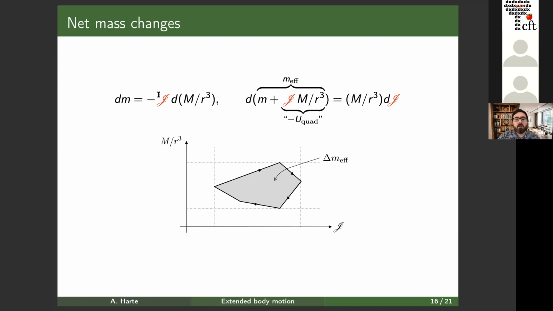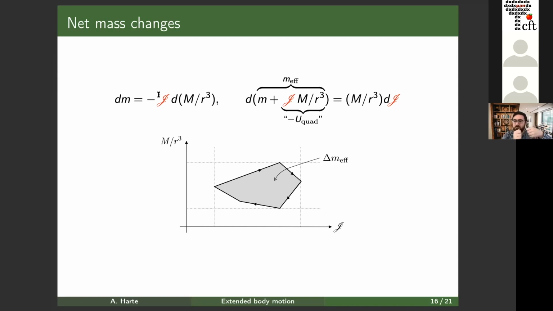Okay, so in order to do that, let's cycle the object. We cycle J back and forth. As we repeat one cycle in J, we do something to the shape of the object and then bring it back. We want that after that one cycle, the mass has changed. The quadrupole moment has come back to the same state, but the mass is different. And if we then repeat the cycle many times, even if the change in mass over each cycle is small,